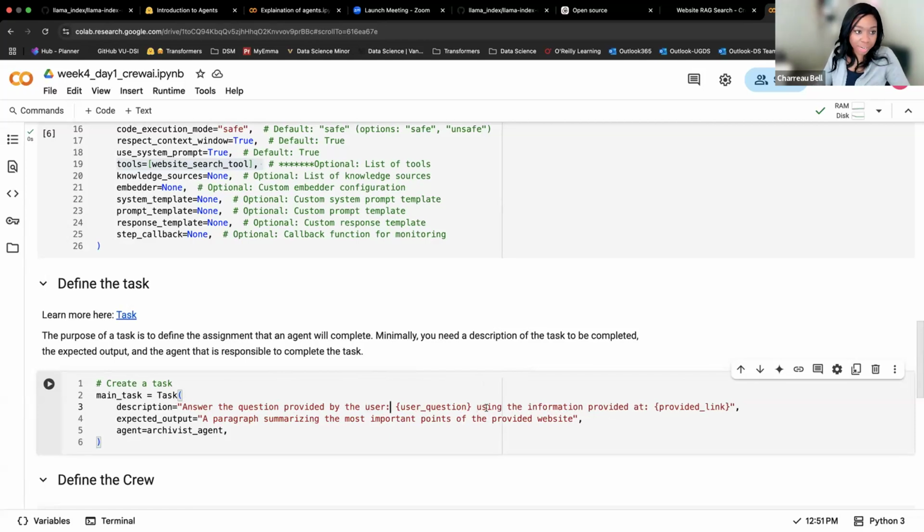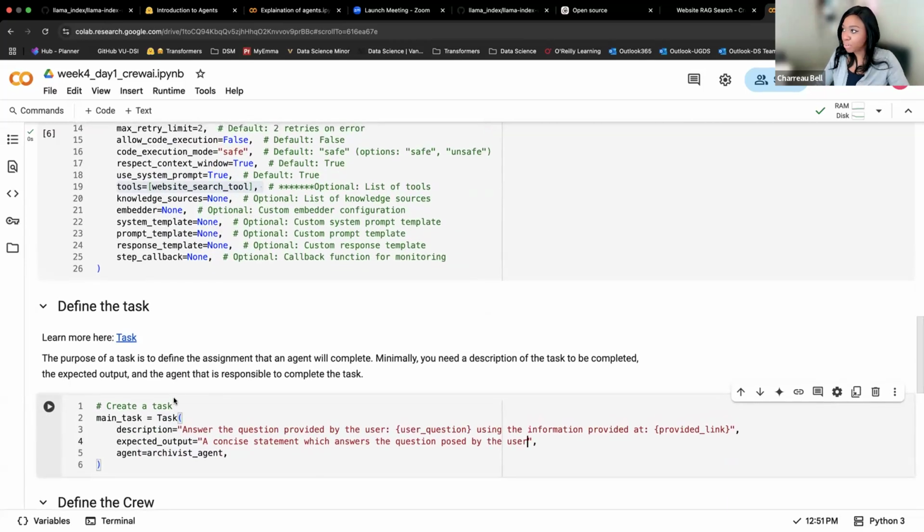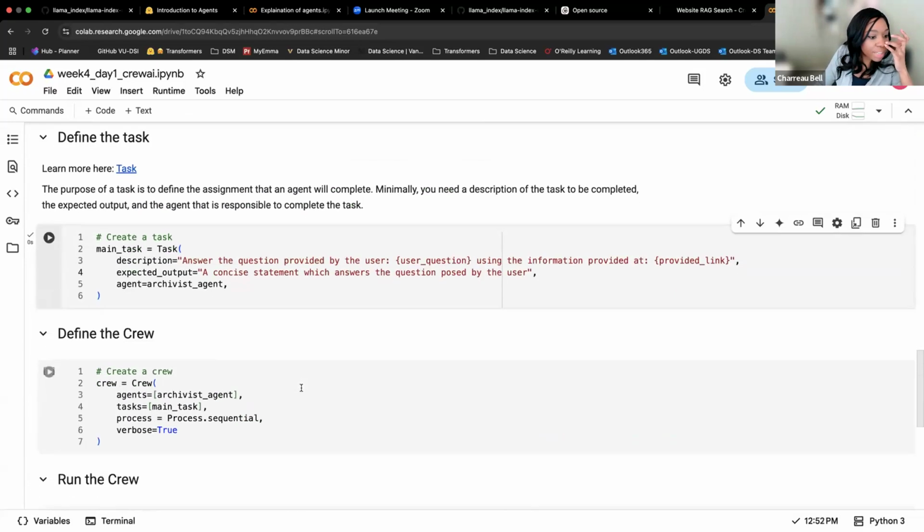Okay, let's give that a try. And then expected output, a concise statement. Again, feel free to change this however you want to something that is of more interest to you. So let's run that one.